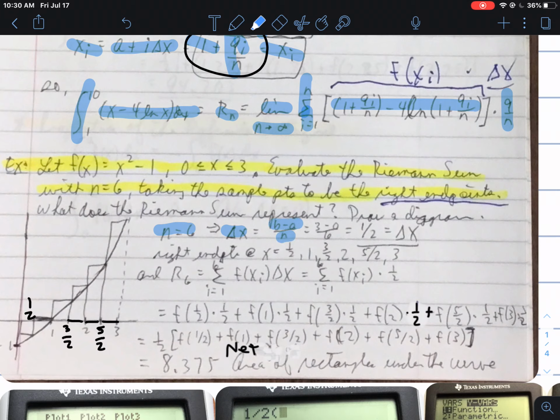So we take the width of the interval. The interval here is going from 0 to 3, so a is 0 and b is 3. I take the width of the interval, 3 minus 0, divide by the number of subintervals, n, and I get 3/6 or 1/2, and that is delta x. So there's the width